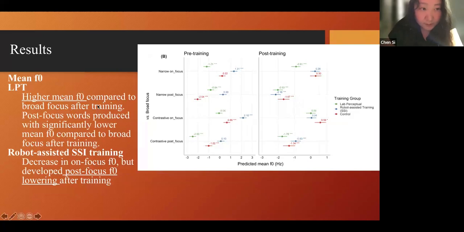For mean F0, for lab perceptual training, autistic children have shown higher mean F0 compared to broad focus. And for robot-assisted training, they seem to have developed a lowering strategy after training.